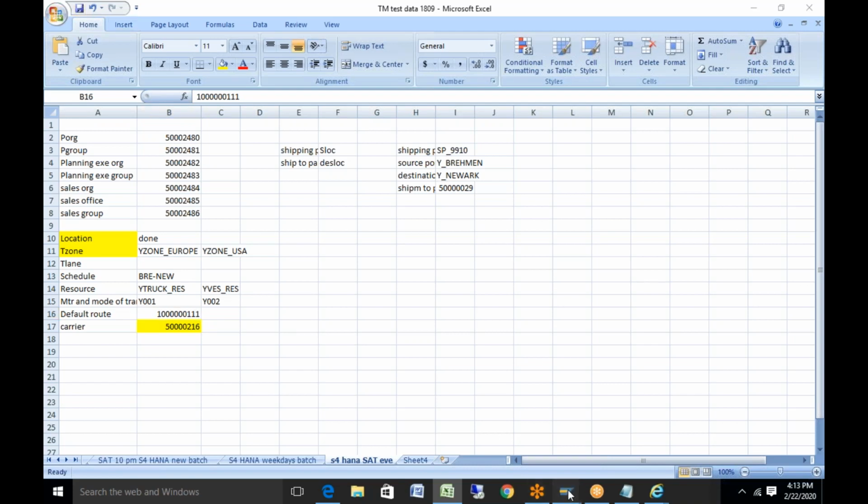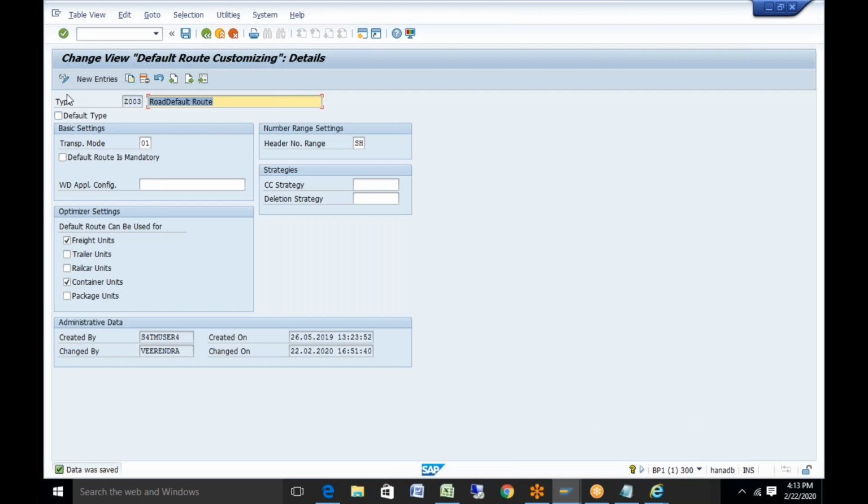And lastly, just check the configuration. So this is a document type default. If you want to say which is your mode of transport, you can specify the mode of transport that will be passed on the default route. If you want to say my default route is to be used for my freight unit, trailer unit, rail car unit, container unit, all this stuff, then you have to specify this as default route as mandatory.